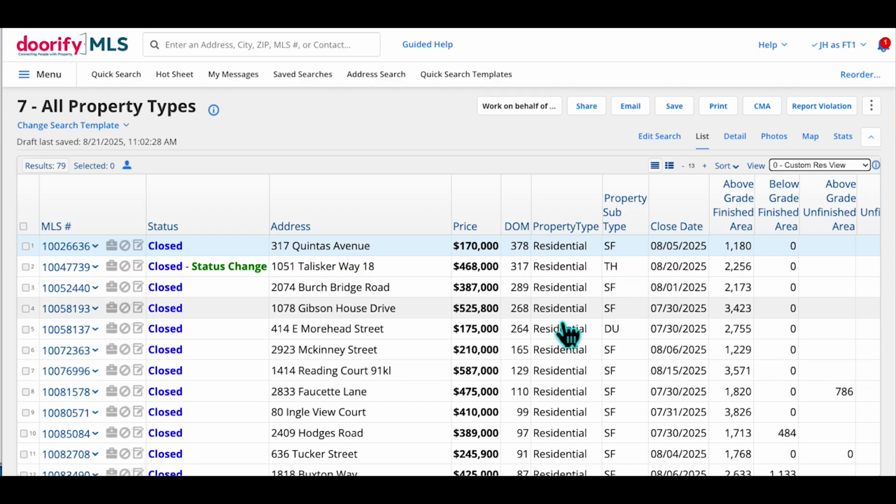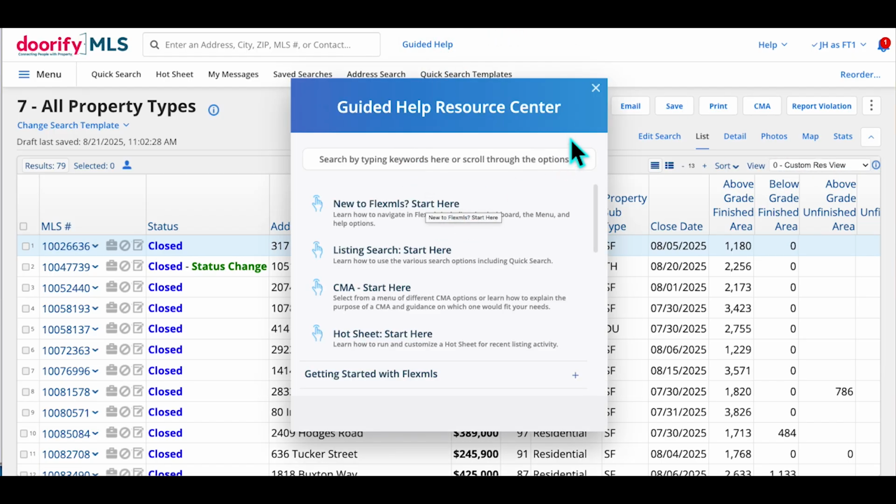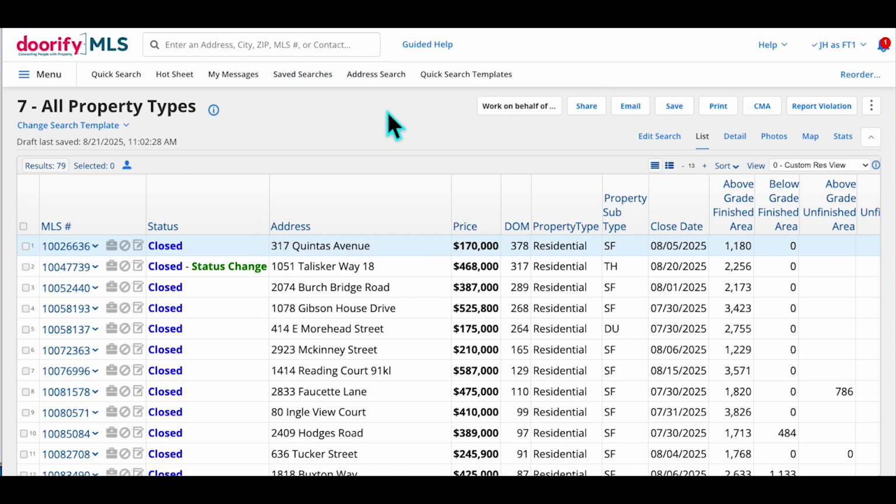And again, to create that custom search template, the custom view, under guided help, don't forget there's tons of tutorials on this. This is being recorded, so you'll be able to refer back to it